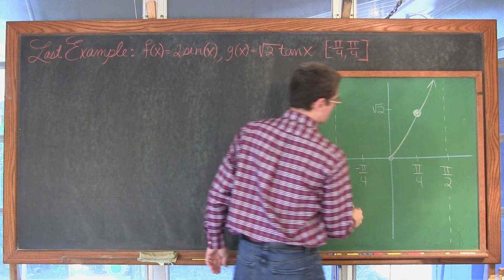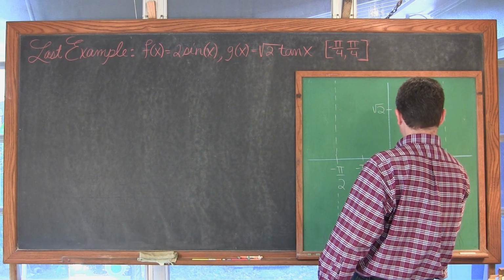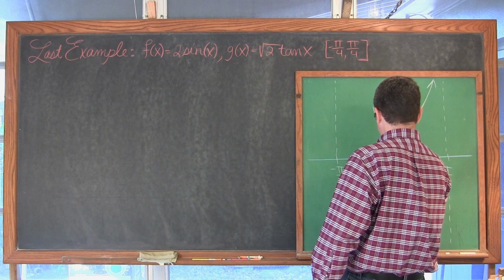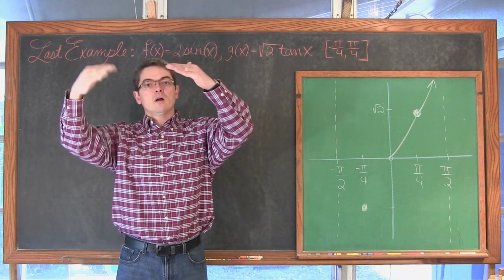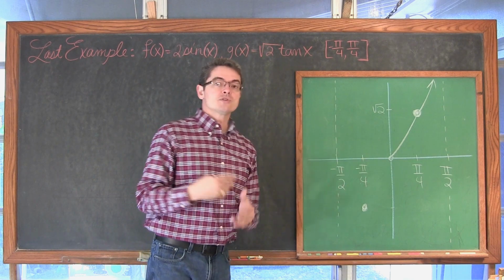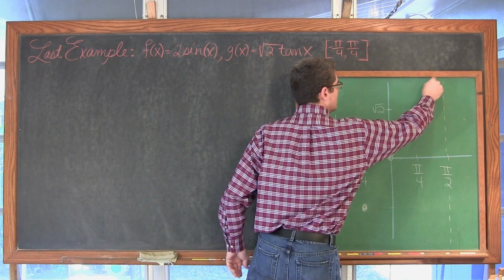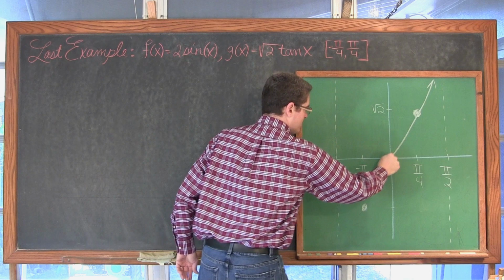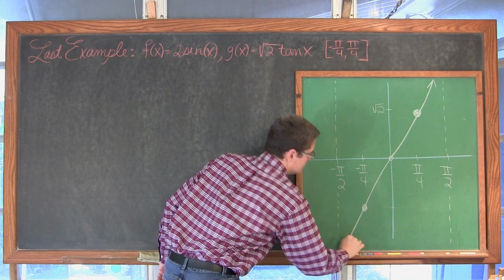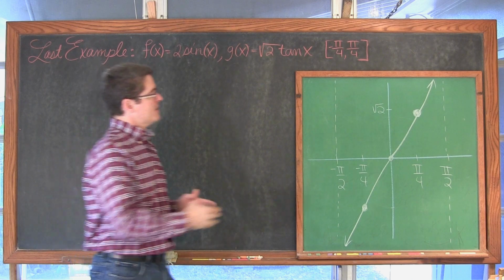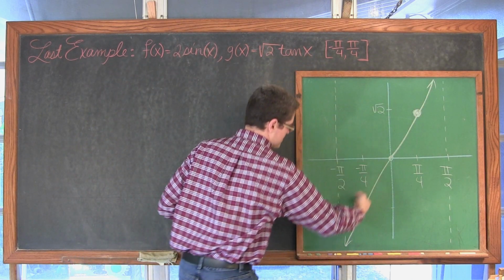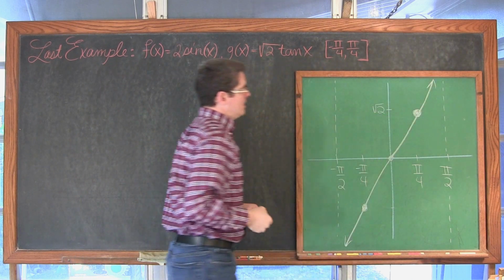And the tangent function is going to come down through pi over 4, square root of 2, come through 0, 0, and of course, hopefully you remember some of your properties of your trig functions. The tangent function, barring the fact that it's been shifted left to right or up or down off of that origin, is an odd function. So it's going to look something like that. Probably made the spacing out a little bit too big. But it kind of swings down and sort of makes this S shape through the origin. Okay.